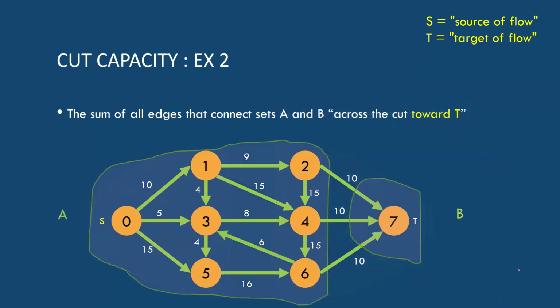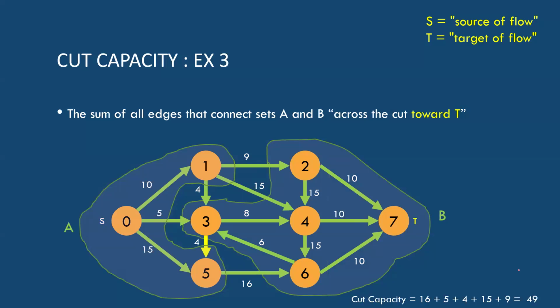And as we go through and test out a whole bunch of cuts, we notice that some cuts have a smaller capacity than others. It turns out that that cut capacity is the clue to our maximum flow. If we could do all possible cuts, of which there are many, and sort them in order, then we would know which cut, and in particular which edges, represent the riskiest point of our graph, which is also the same as saying what is the maximum flow through the graph. So it turns out that the minimum cut is going to be equal to the maximum flow from S to T. So we can answer 2 questions with one analysis,